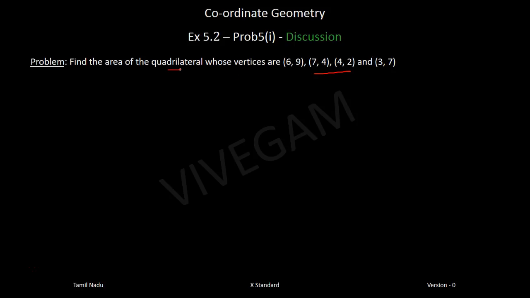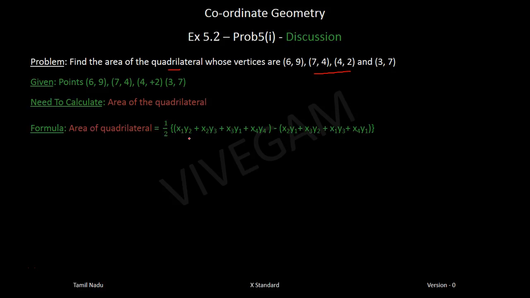It's a quadrilateral, right? We have to draw a diagram, and roughly, after drawing the diagram, we'll have to select the points in the counterclockwise direction. Otherwise we'll get the area negative. It's the same as in the case of the triangle. So let's write out. The 4 points are given. We are asked to find the area of the quadrilateral.